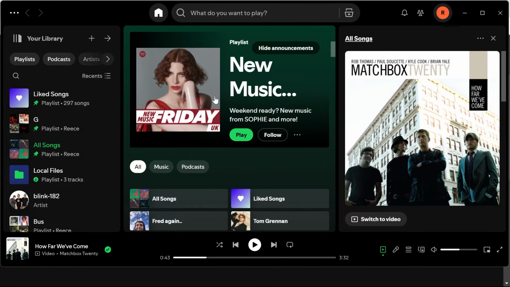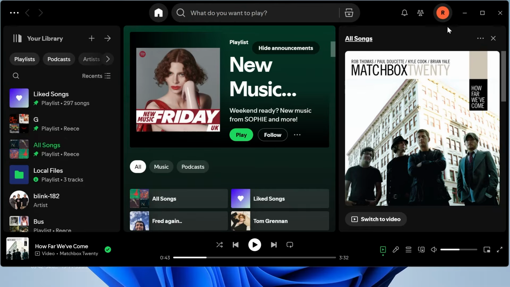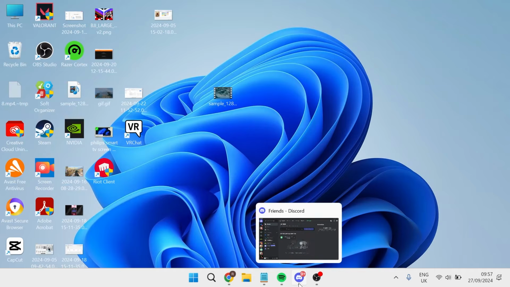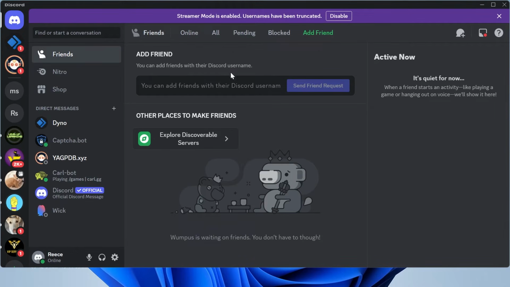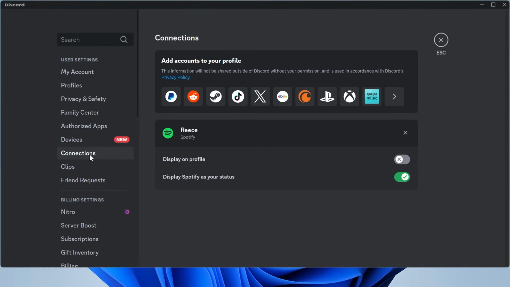If that's still not working, the second method that we can use to fix this is you need to open up the Discord application on your PC. Once you have Discord running, head over to the settings icon in the bottom down here, head over to connections from the left hand side, and if you have your Spotify profile linked to your Discord like I do here,